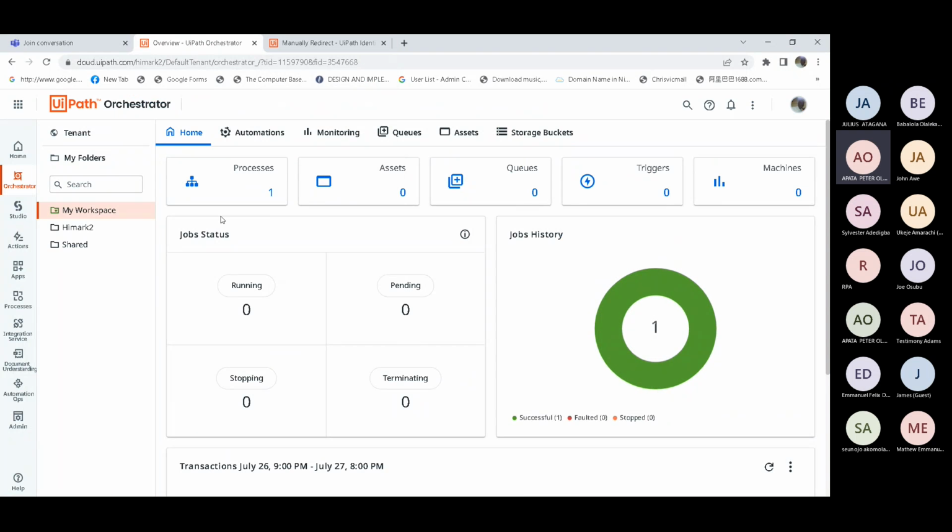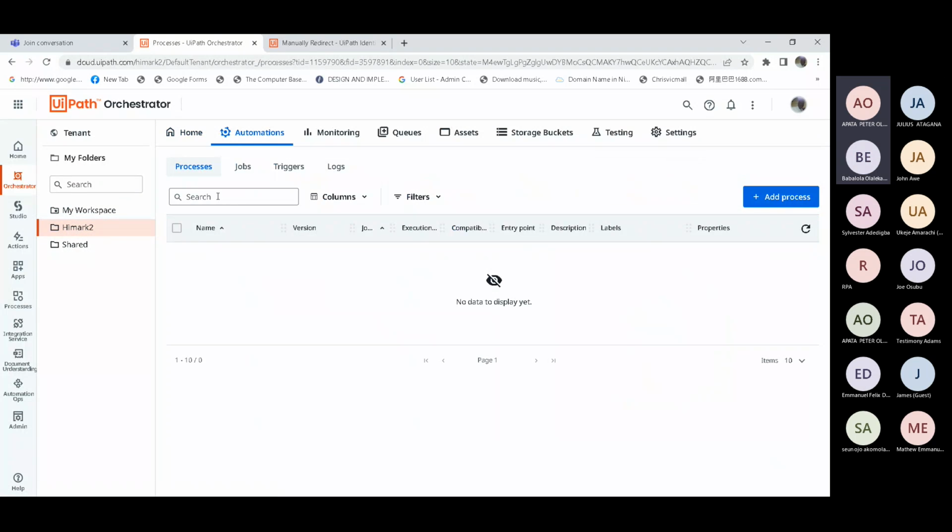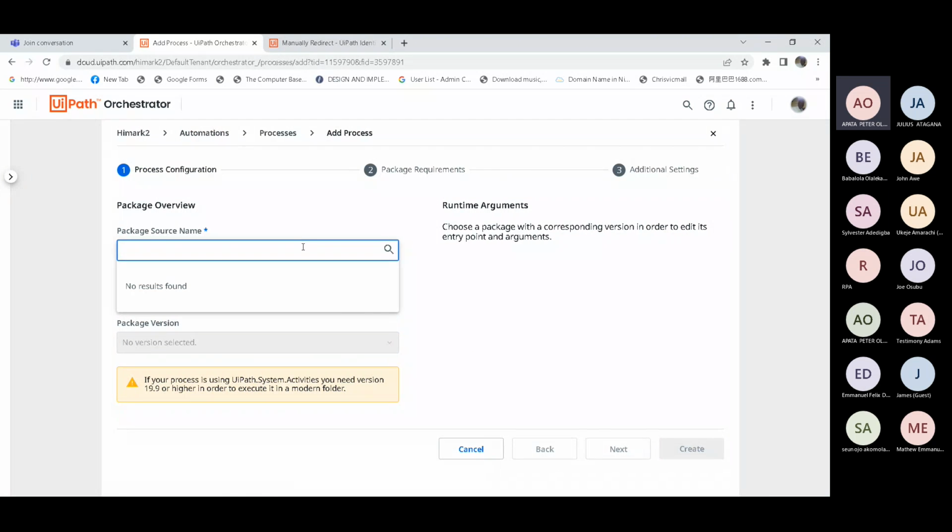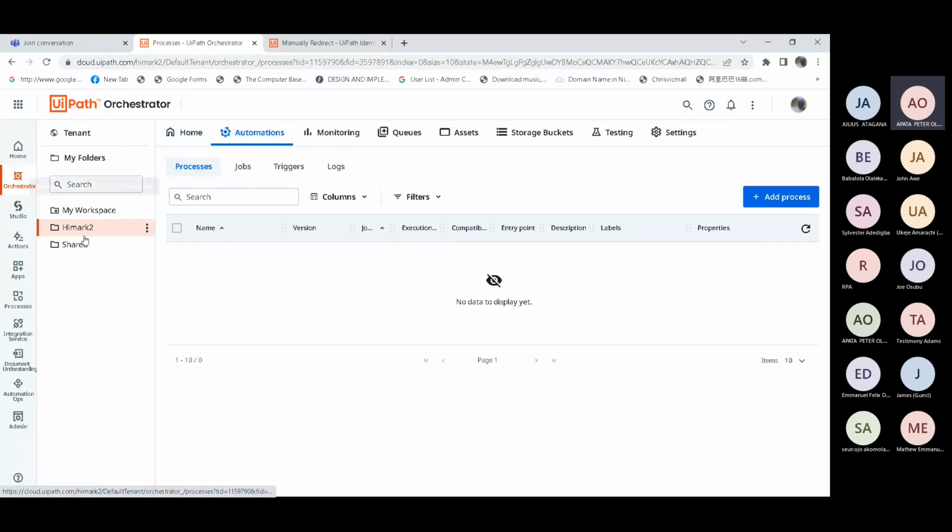You don't need to go back to the Orchestrator, it's iMark. I think it's iMark where we actually placed it. Yes, iMark. So click on iMark. Then I can add a process. Add a process. Yes. Okay, you are not seeing a process here. No process. Okay, go to iMark again.